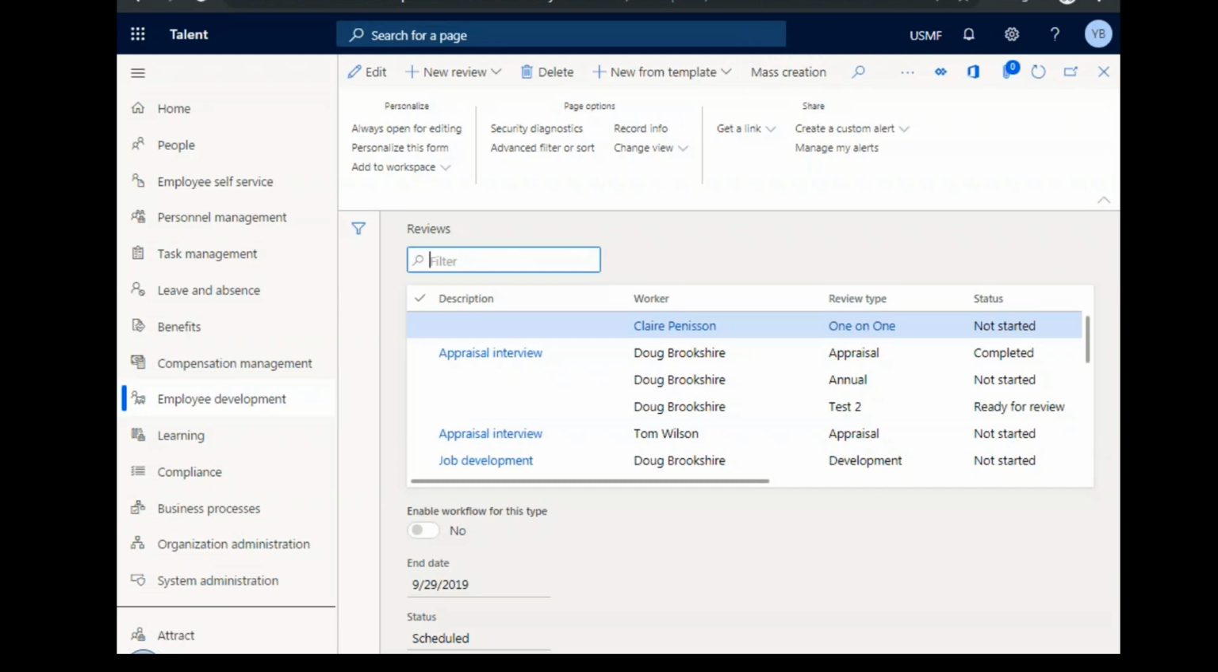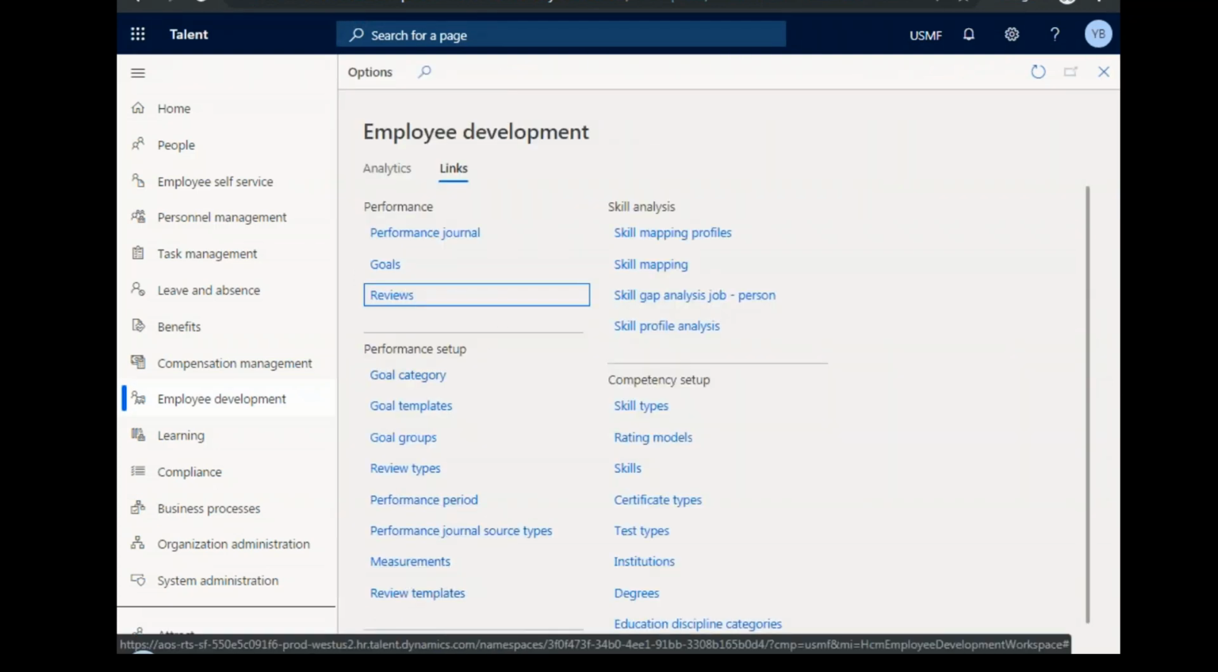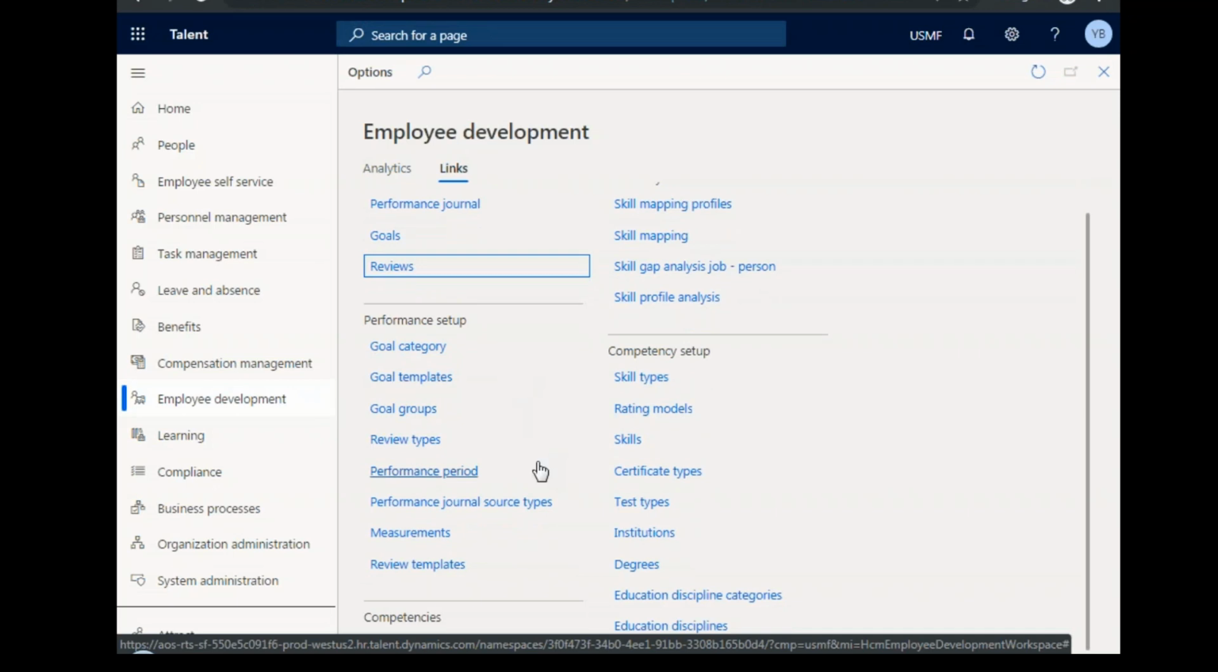And then it is assigned to all employees, including managers, and then the other mechanics you can work out while you are designing that review type. And here you can see all the setup of having the categories, templates, groups, types of reviews, the period. And this gives a lot of flexibility for HR managers to define the performance reviews as per their business needs